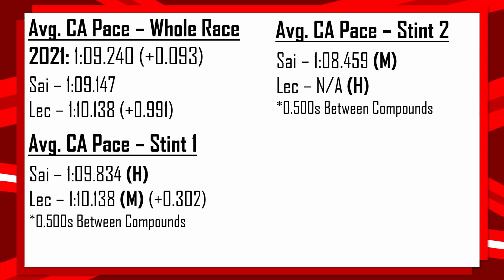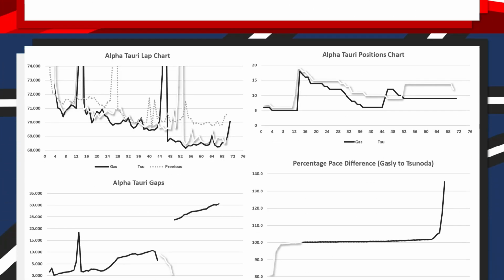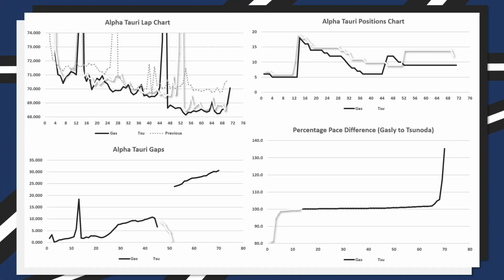So from Ferrari, we will now take a look at Alpha Tauri. And splitting that percentage pace difference down the middle, we can see that for 18.6% of the Grand Prix, Tsunoda in the white was the faster of the two cars, and for 81.4% it was Pierre Gasly. With, much like the Aston Martins and the Ferraris before them, both drivers starting on the softs being exceptionally even,